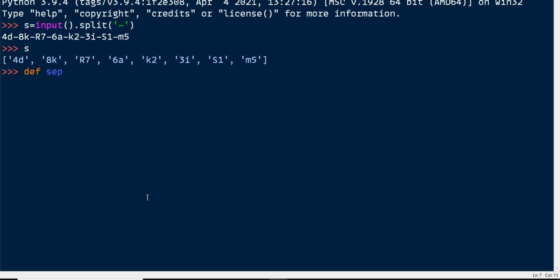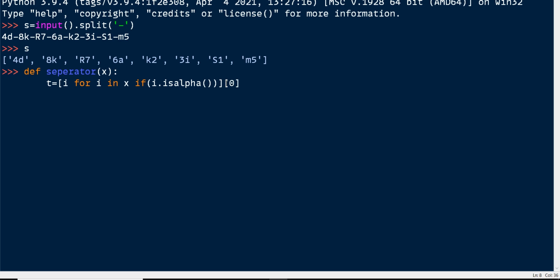I'm defining a function separator, and I'm passing the variable x here. What this function should return is t equal to i for i in x if i dot isalpha. The position may vary in digits, but there should be only one character, right? So I'm getting that character, I'm separating that character, and I'm getting the value at the 0th position.